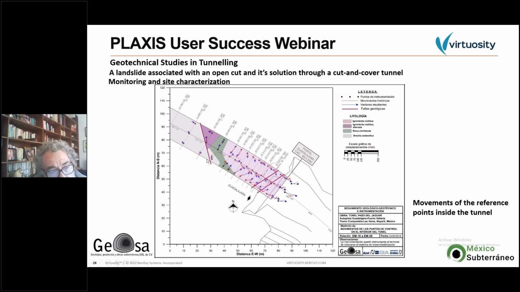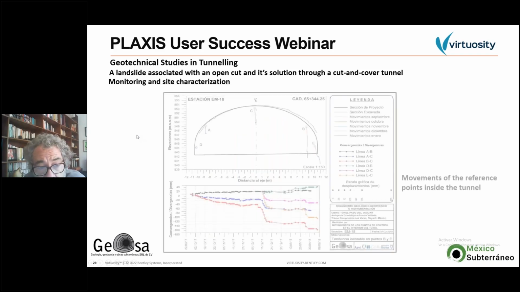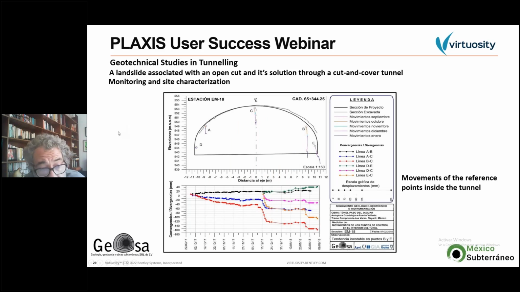between geological units happened. Just after this graphic, we decided that this cross section was the main one to study, the most representative one. And so we took this data from monitoring. You can see at the upper part the control points and the vectors of movement during many months of monitoring, and below this graph, this plot that